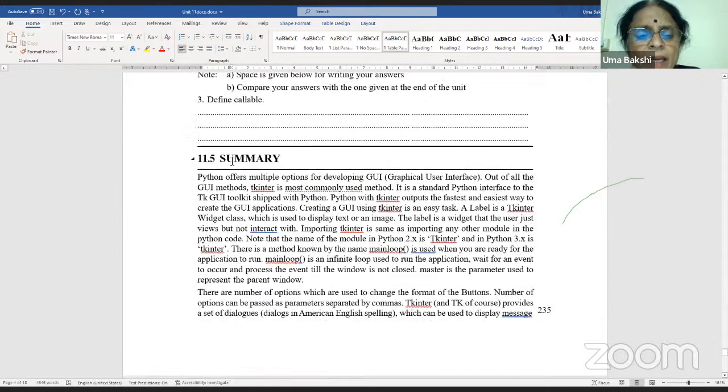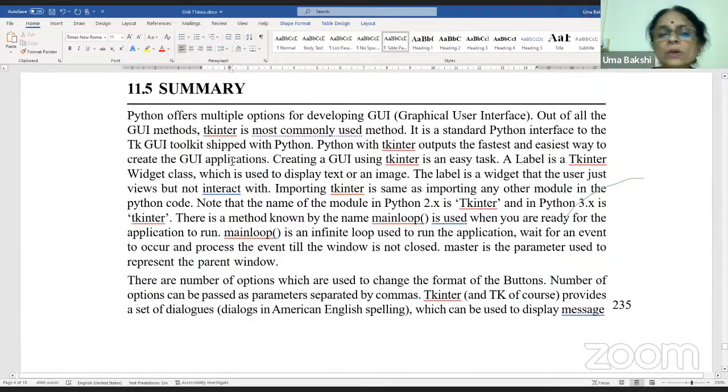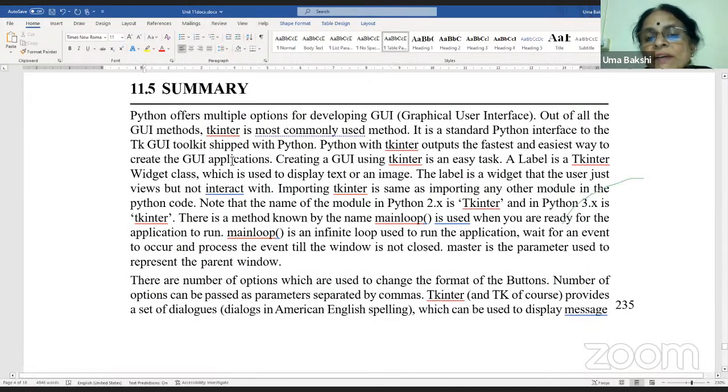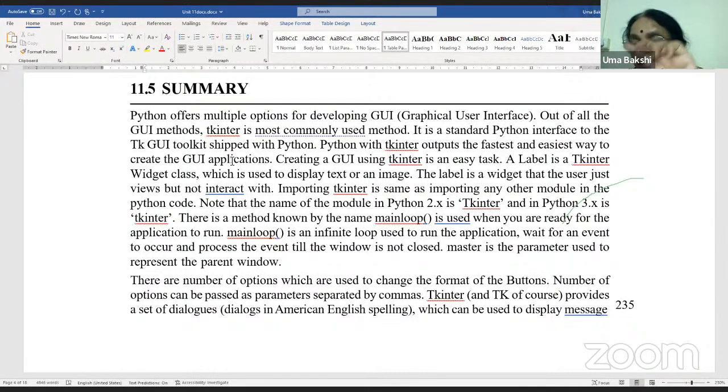In place method, yes, this is more important. Python offers multiple options for developing a GUI. Out of all the GUI methods, Tkinter is the most commonly used, as I told you. The label is a Tkinter widget class. Just now I showed you that one, or a drop-down box. Creating a GUI using Tkinter is an easy task. A label is a Tkinter widget class which is used to display text or an image. You can create text, write the text, read the text, and create images using that. For that, we use the module of Python